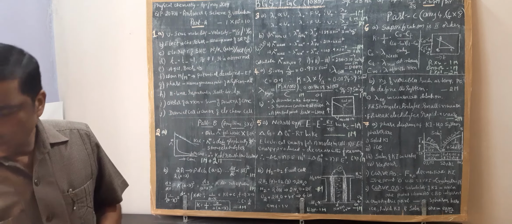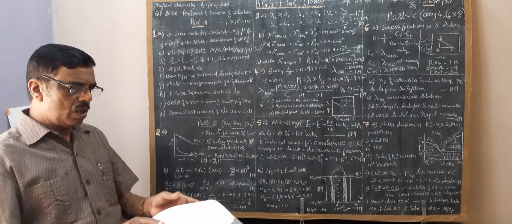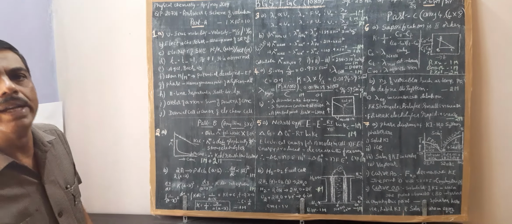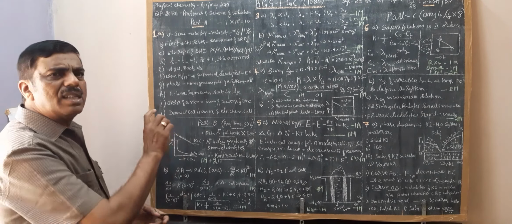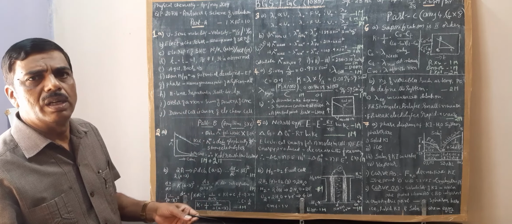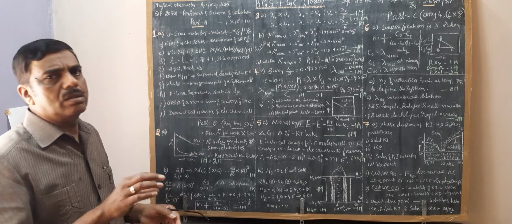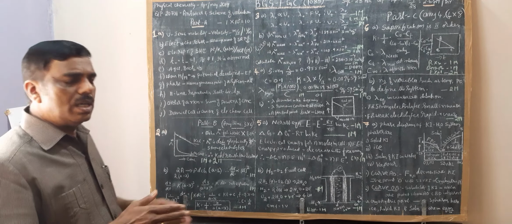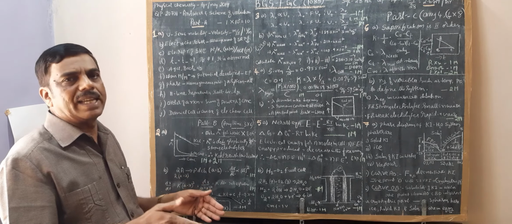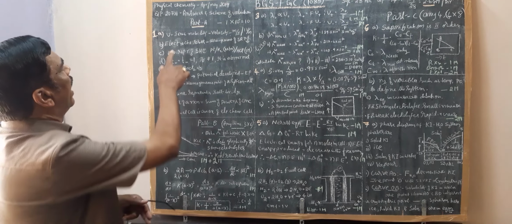In the Part A section, the first question is, what is ionic mobility? The question is very clear. Ionic mobility is nothing but the velocity of the ion in a solution. When potential is applied, the ion starts moving. Therefore, the speed of the ion, how many meters it has traveled per second under the potential gradient of 1 volt, that is called ionic mobility.